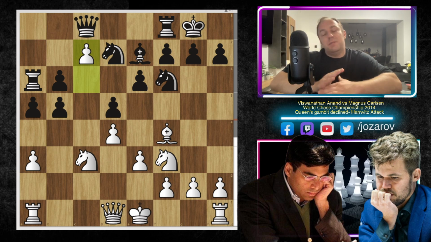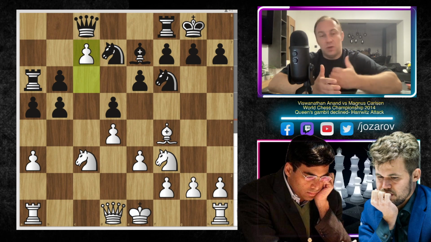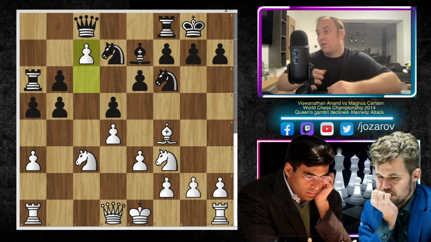This is a line that, in my opinion, you should try to play. It's a sharp line. It's a line where you're giving up maybe one pawn at an early stage of the game, but you gain at least something. I think the attack that you get is really pleasant to play. I played this position several times, and I had really good success here from white's perspective.